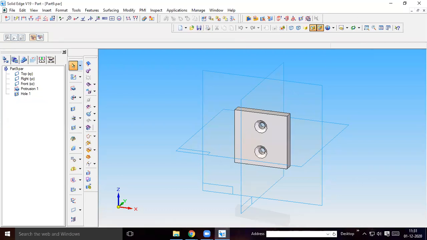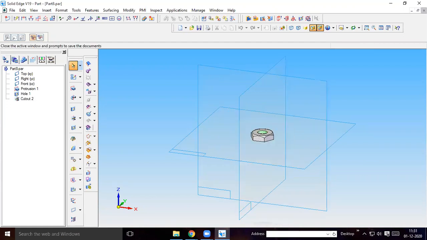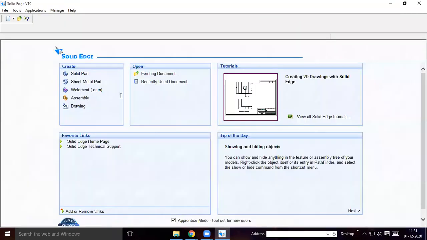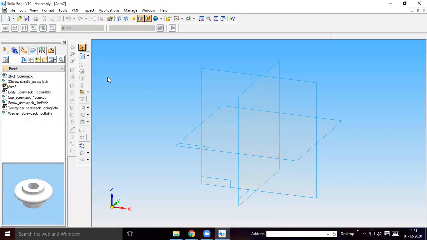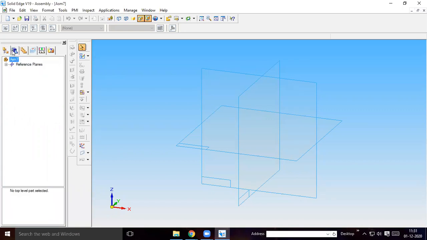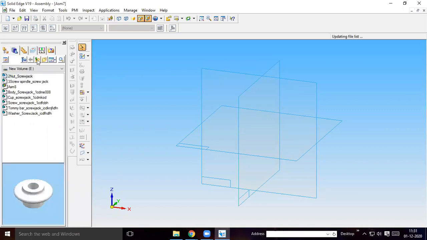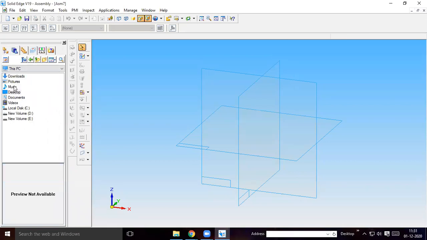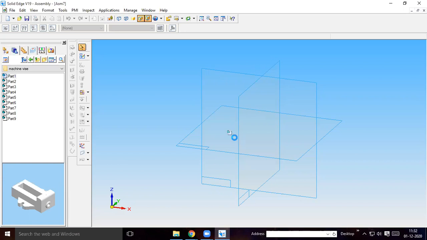If you don't have doubts, we'll move on to the assembly. This is the second one. Blue color is the part library. I saved it on the desktop in my name folder, machine wise. Select part one and drag it on the screen. You know the assembly procedure. If you click on the part at the bottom of the screen, the body will appear. Click and hold on part one, drag it on the screen.